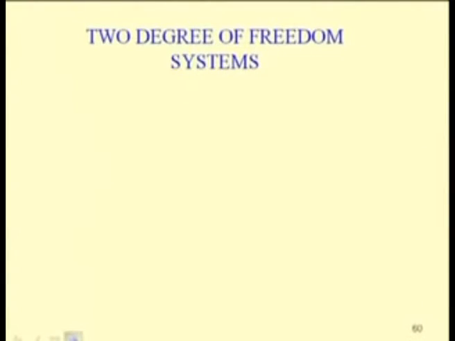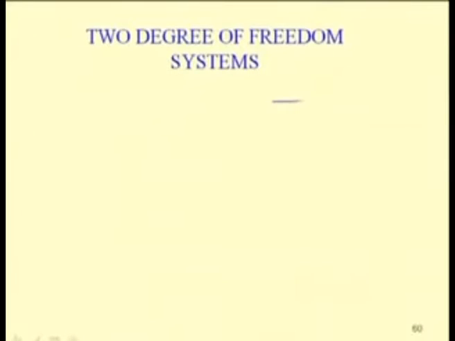So, let us review 2 degrees of freedom systems, multi degrees of freedom systems and continuous systems briefly. Then I will tell you about the superposition rule for the nonlinear systems. In case of 2 degrees of freedom, unlike in a single degree of freedom system where we have only a single equation of motion, here we will have 2 equations of motion. For example, let me take a double pendulum.